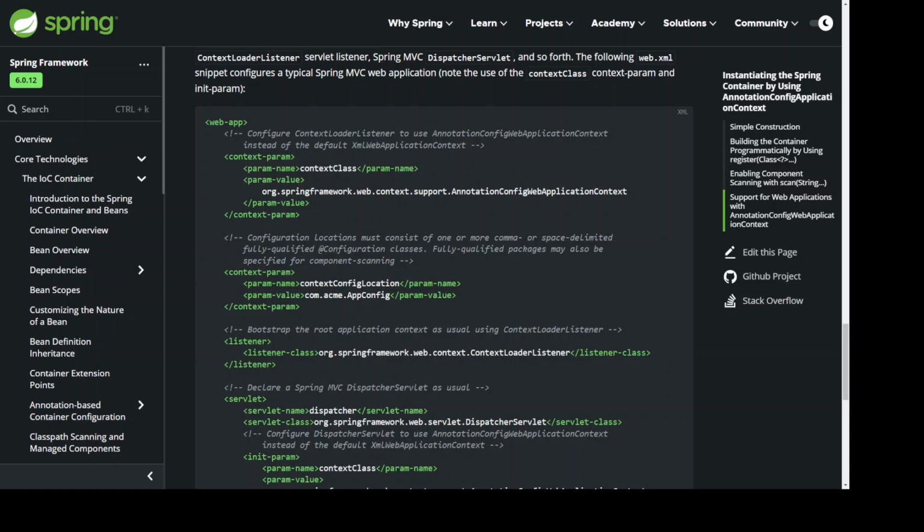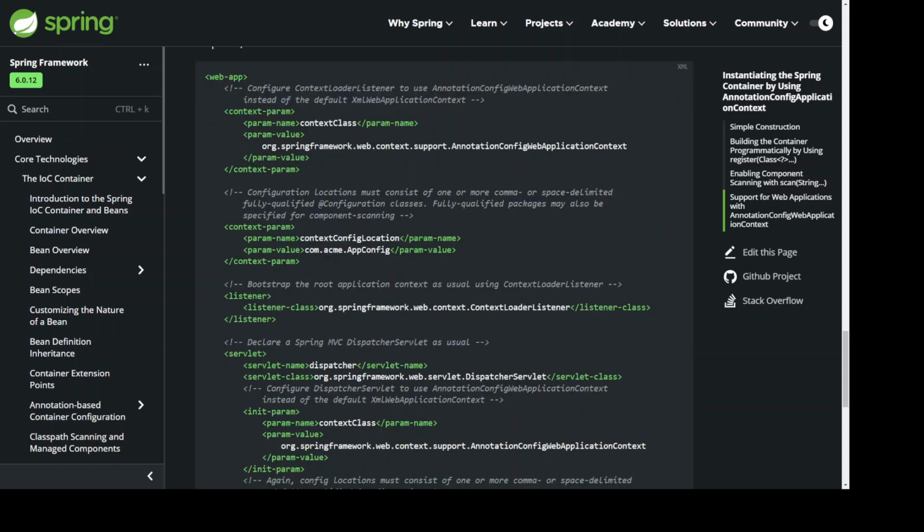Fully-qualified packages may also be specified for component-scanning --> <context-param> <param-name>contextConfigLocation</param-name> <param-value>com.acme.AppConfig</param-value> </context-param> <!-- Bootstrap the root application context as usual using ContextLoaderListener --> <listener> <listener-class>org.springframework.web.context.ContextLoaderListener</listener-class> </listener>